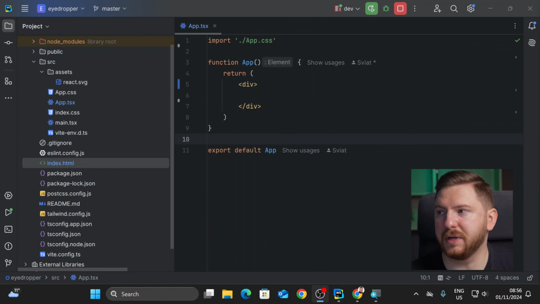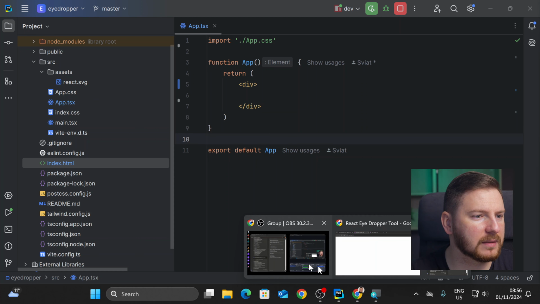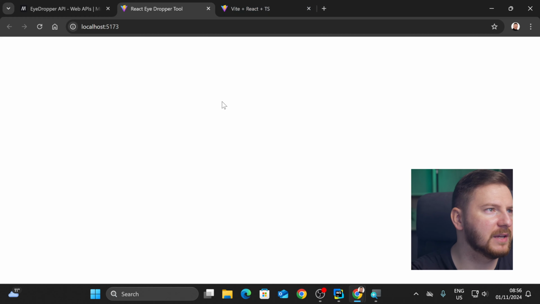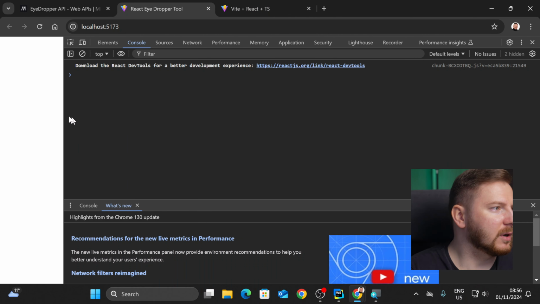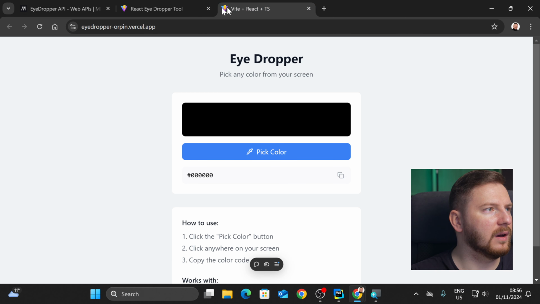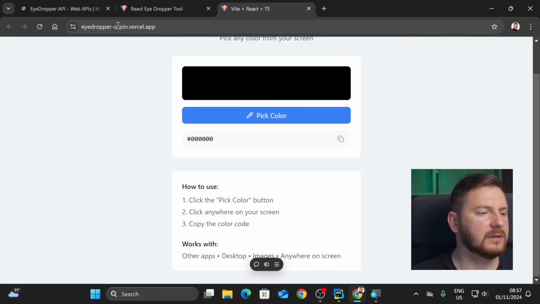I'll switch to my screen where we have an empty React application, and the result of that application is an empty page, and we're gonna start our development by just looking at the result we'll get. So this EyeDropper is already deployed to Vercel,